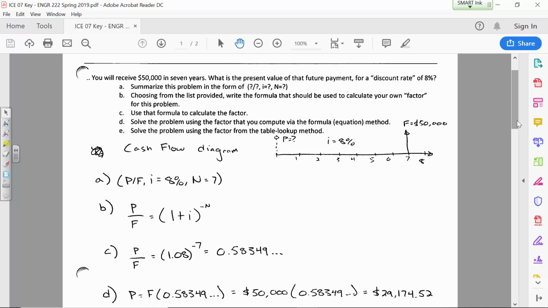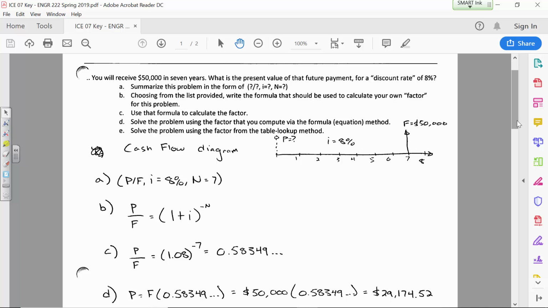And so here's our first year from 0 to 1. And if anything happens in the first year, we do it at the end of the period. So if it's after 7 years, that means it's at the end of the period. So that's why I put it on the number 7. And P equals unknown with a question mark and a dashed line. It's also up because we're trying to find out the present value of the payment. And if this payment is going to be a revenue in 7 years, then its present value to us now is positive. So it's an upward arrow.